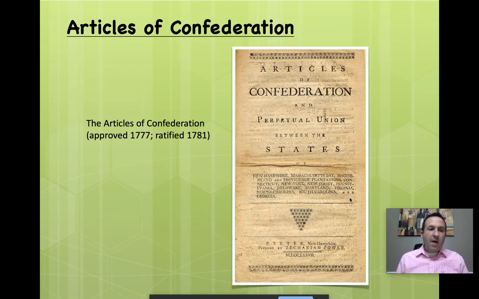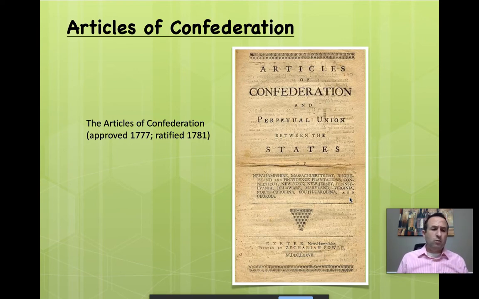However, there are also some very important limitations of the Articles government that are going to be severe, crippling limitations. Number one, the Articles government cannot demand or raise taxes. No. All it can do is ask for contributions. So, hey, do you want to give me some money so I can pay some bills? Oh, no hands going up? I understand. So it can't raise taxes, it can only ask for contributions.